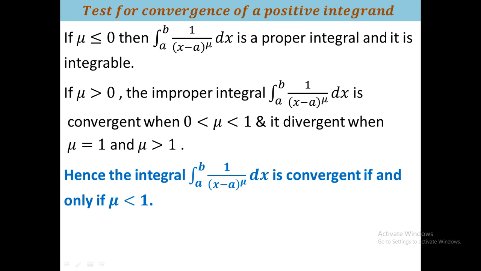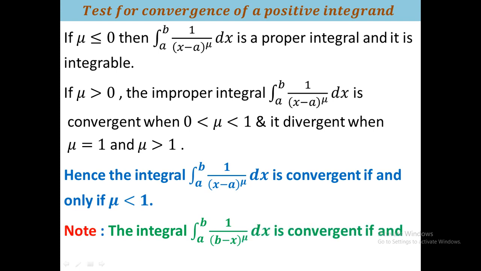The same formula arises for the integration when b is the only point of infinite discontinuity. So you have to take the function as 1 by (x minus b) whole to the power mu. No, 1 by x minus b is not possible, because x minus b will be negative, since x is greater than a and less than b. Since x is less than b, x minus b must be negative. So you have to take b minus x instead of x minus b. So we consider the function 1 by (b minus x) whole to the power mu, then it is convergent if and only if mu is less than 1. You can prove that also in the same process.